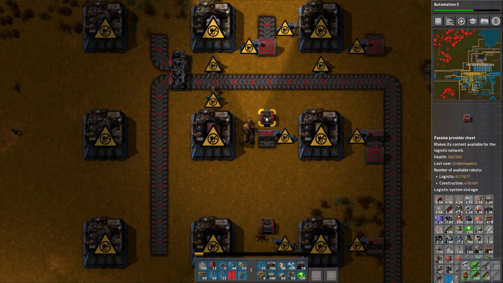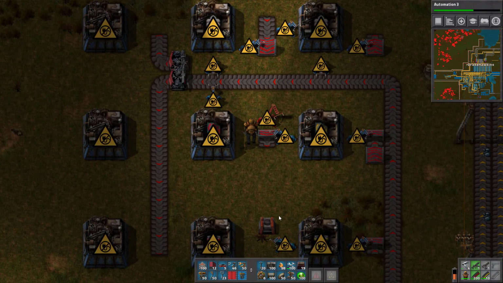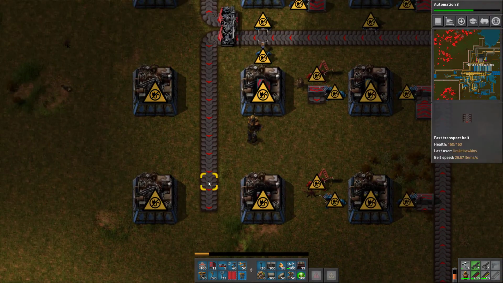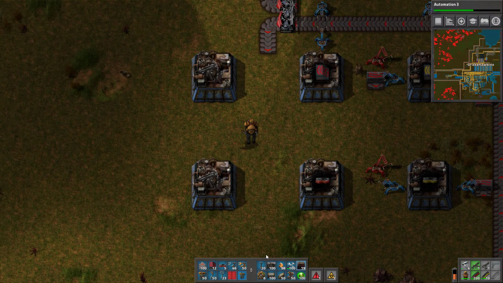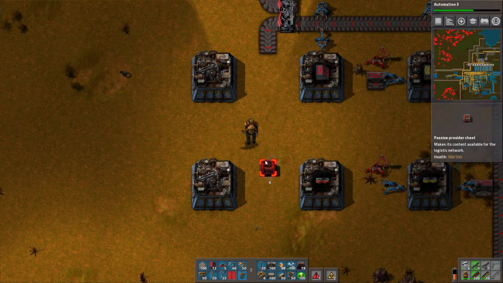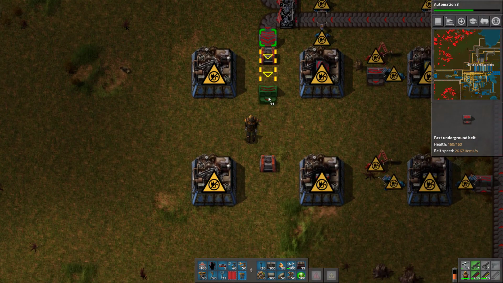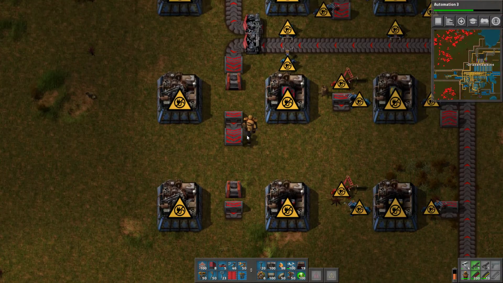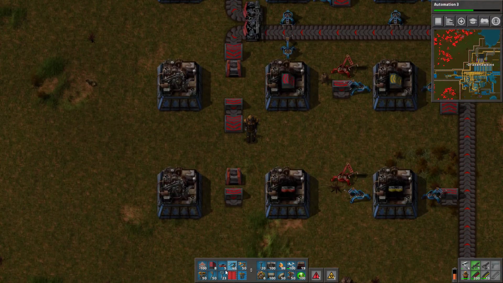I don't want to store these. I don't want to store these at all. Yuck, those are gross. I want that. I can store on this side, the same sort of thing. Right? These need an output, and a passive provider chest would be nice. And this can come down, I don't know, there, like that sort of deal. And then, do I need that? I don't know if I need it quite like that, but